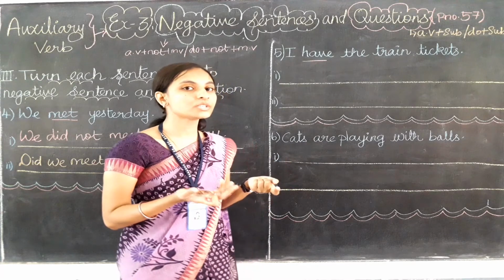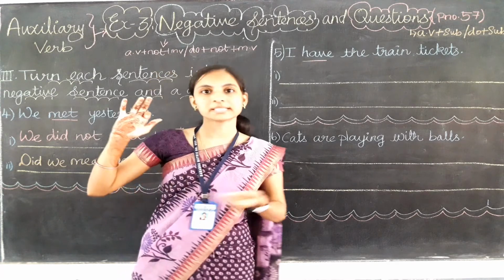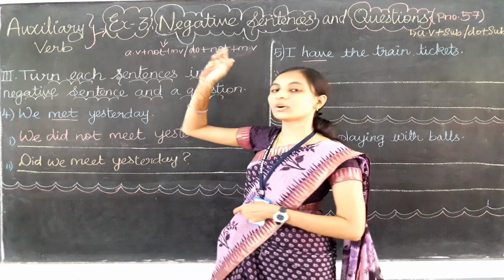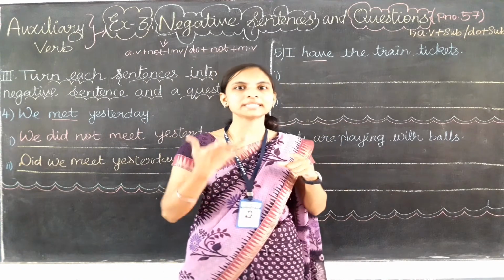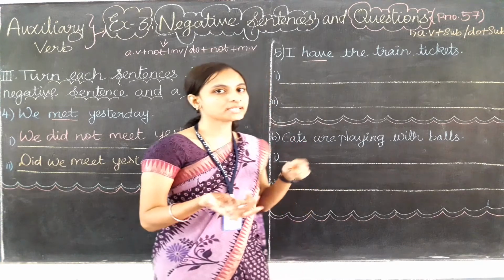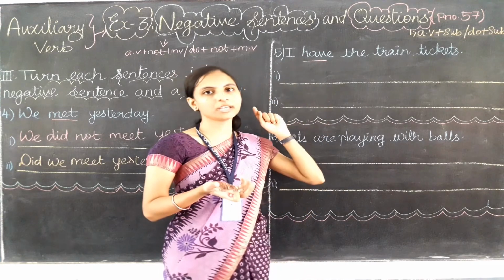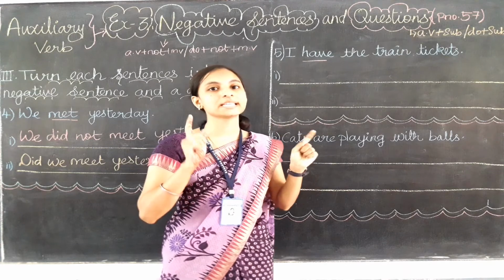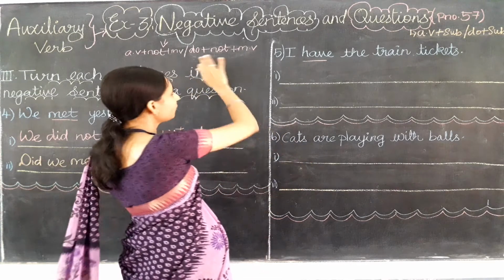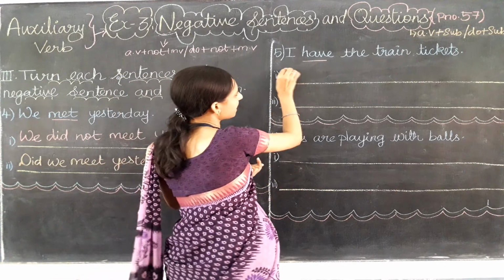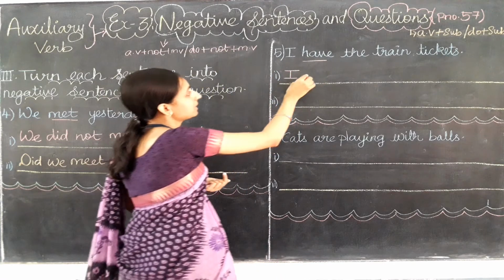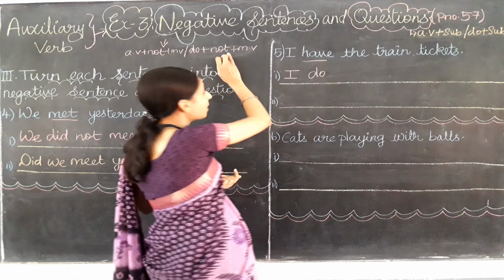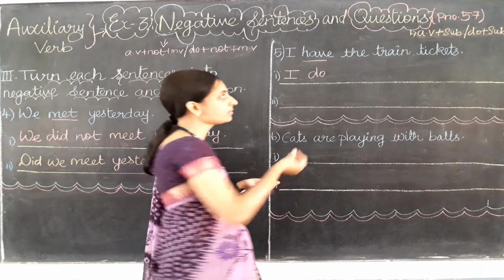It means what? Which rule do we need to use for a negative sentence? If there is no auxiliary verb, we need to use the do form verb, and here the verb have means it's present time. So for present time, which do form verb do we need to use for the subject I? Yes, do only. So as per the rule, we need to write the subject I first, then the do form. See, the do form, that is I do. Then what do I need to write for making it negative? Yes, not.